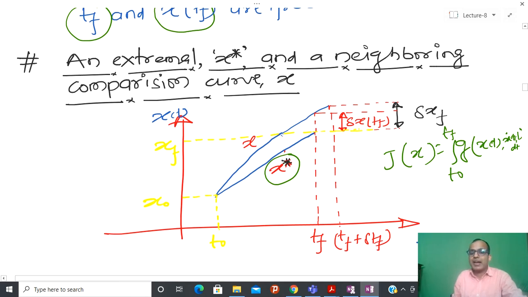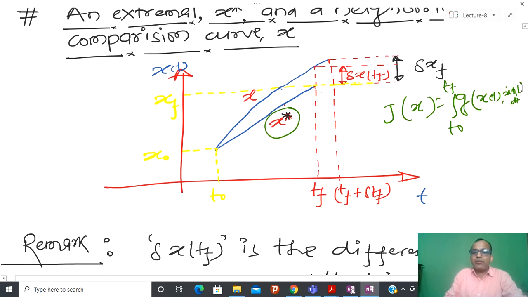Here, whenever we are seeing the neighborhood trajectory, suppose TF is the time where we are assuming that this particular trajectory extremizes this functional. So now I have two different kinds of variations involved here. One variation is due to the final time TF. You can see here the neighboring trajectory at this point, and I have the extremum trajectory. So this is the difference.